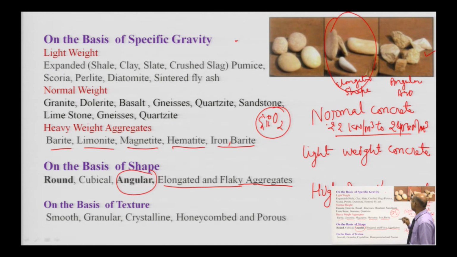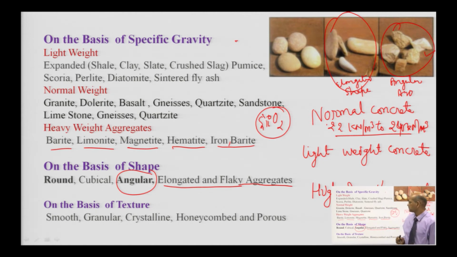If it is a rounded one, it will give another advantage: it has better workability, you can easily mix it, compact it and place it properly. So, water demand will be less in this case, but the bond strength of this rock will be smaller with respect to the angular one. So, suppose you want to produce very good quality, high strength concrete, that means you should have angular type of aggregate, crushed stone, which you can get from the crushing of the stone.